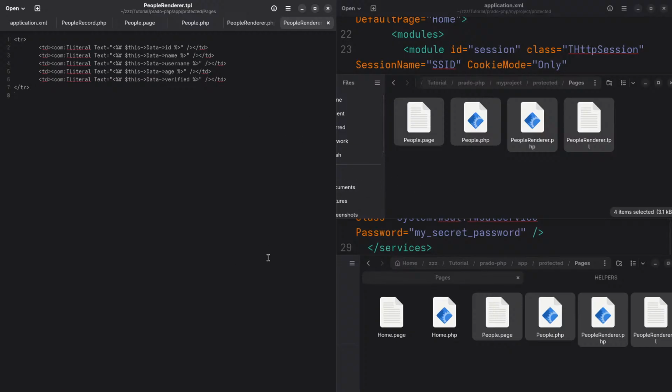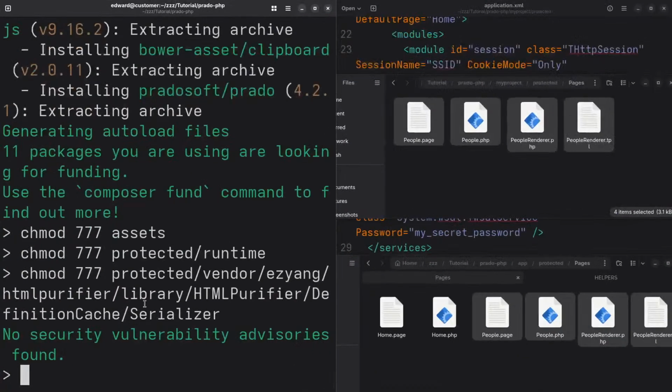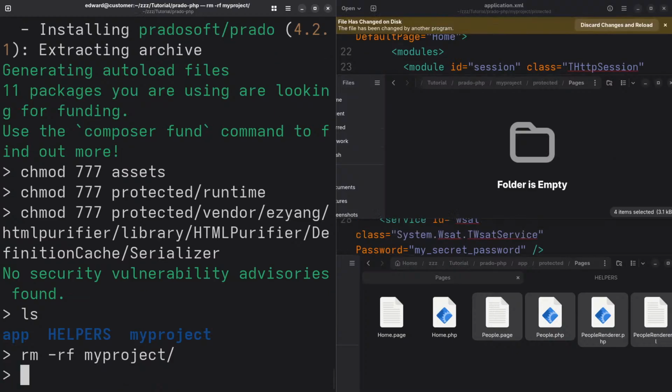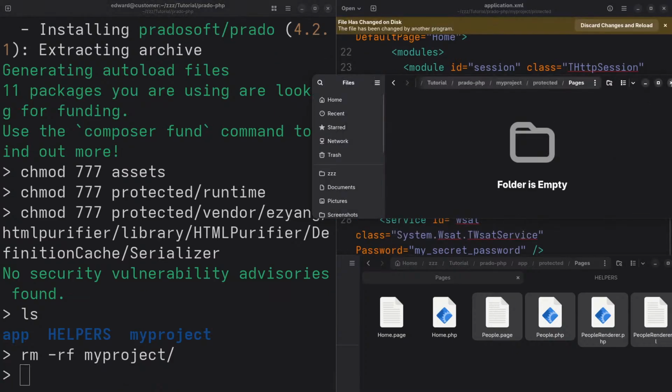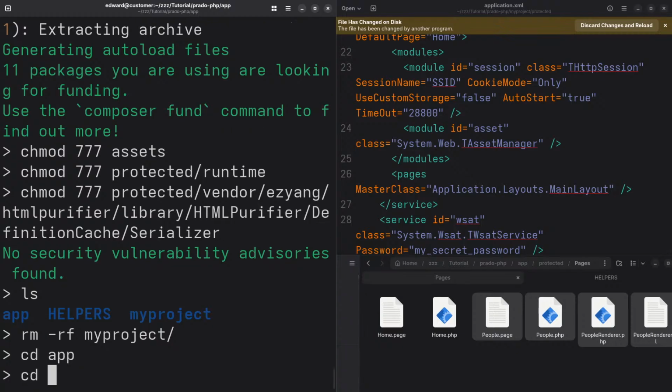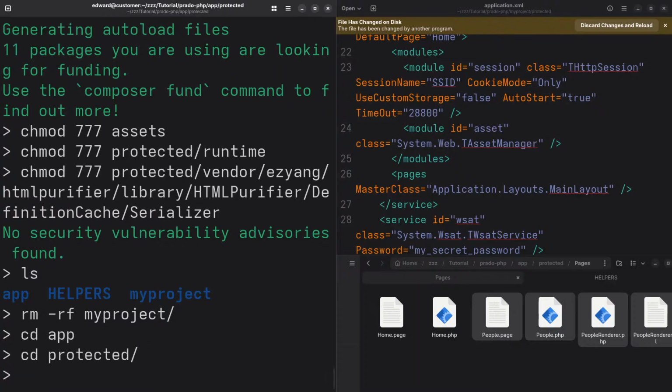Okay, now if I go back to the command line, I no longer need my project, I'll just remove that. rm -rf my project, it's no longer needed. And I'll cd into app, cd into project, into protected. And then, wow, it is so hot. Okay. Now what I can do is I simply type vendor